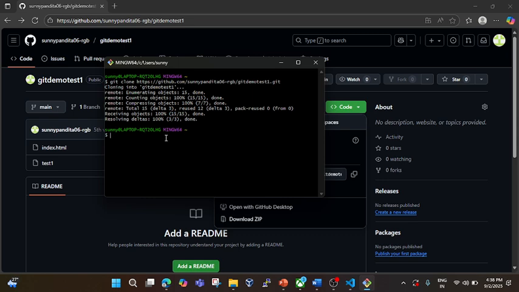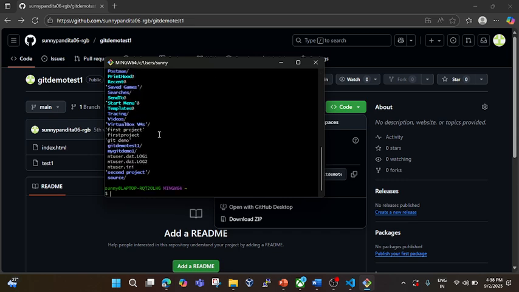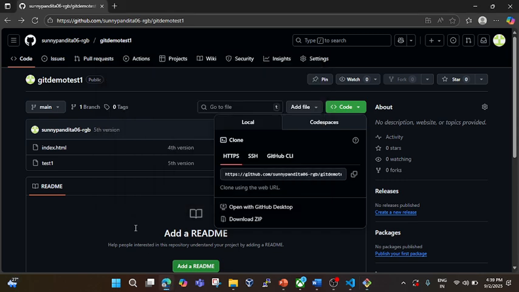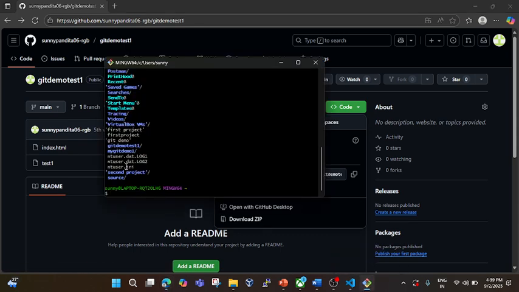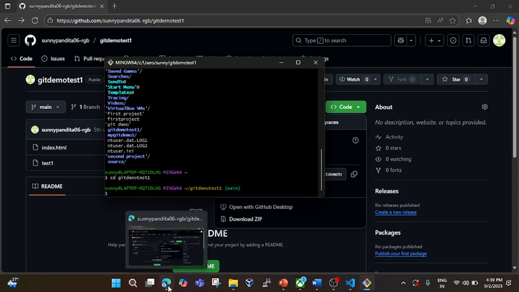So it is doing cloning. Now if we check ls, what was our project? It is git demo test 1. You can see git demo test 1. So we have to do cd git demo test 1. Now here you have seen the magic. Whatever the project was in GitHub, we easily pulled all the changes, all the project